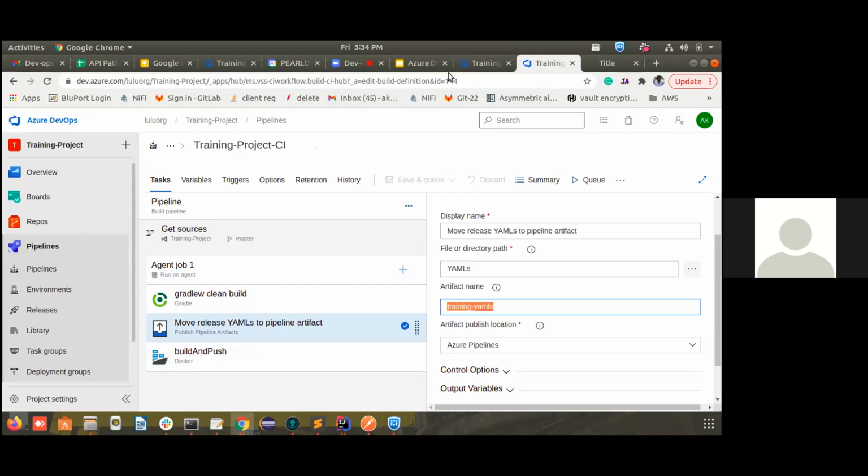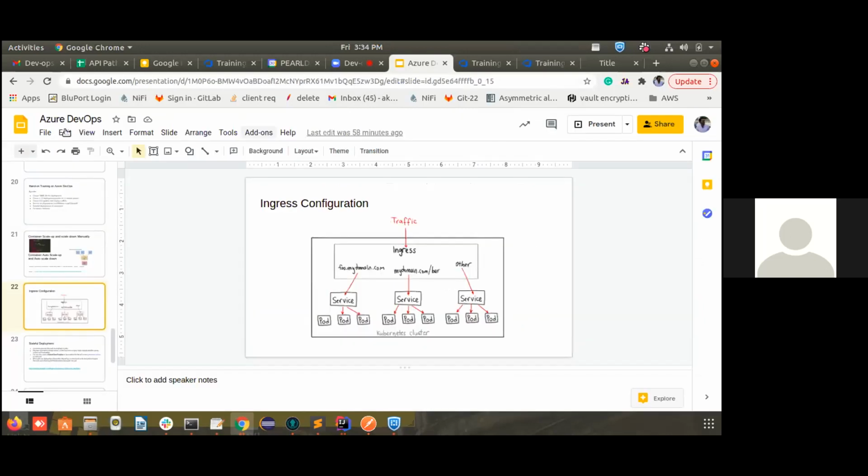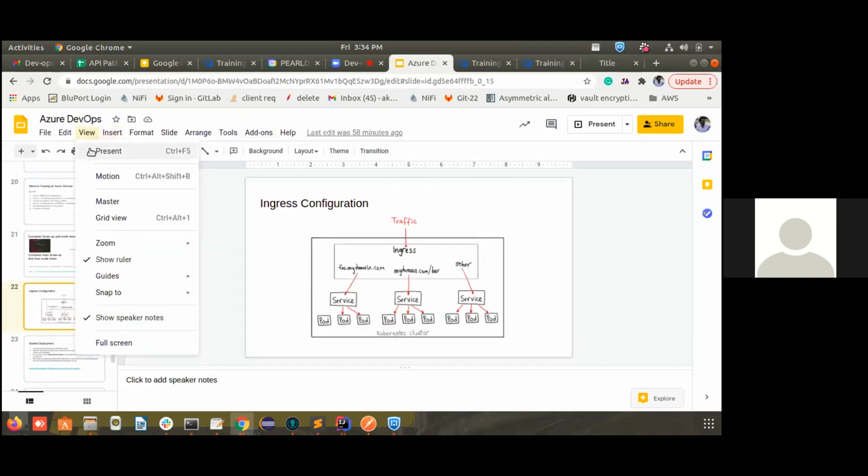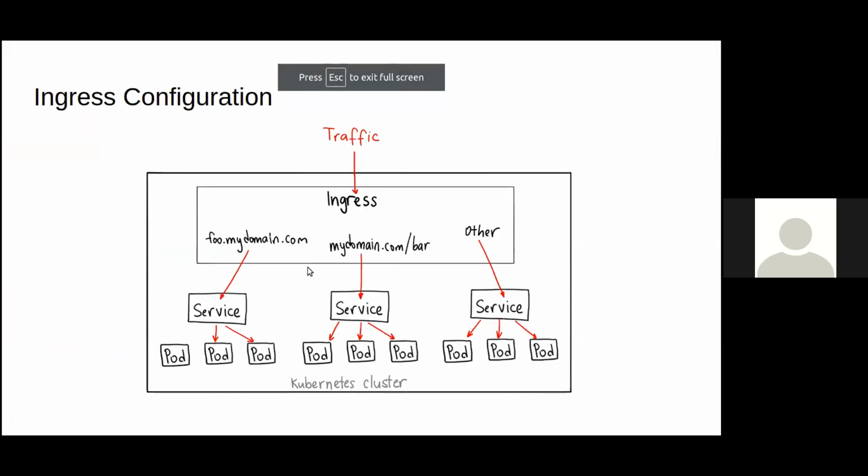Okay, we can consider ingress as a router. We have an Nginx router. We know many routers and all. So we can consider ingress as a router. That will route to our particular service based on the context. So with mydomain.com/foo, you can mention like this, the ingress controller will route to one of your services, and mydomain.com/bar will route to another service, and any other request that is coming to this ingress will be routed to another service.